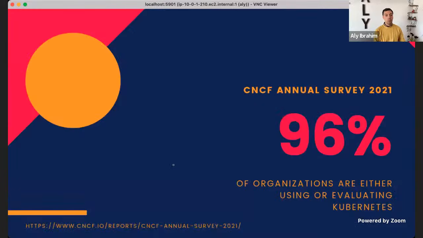The survey also shows that 96% of organizations are either using or evaluating Kubernetes. So if you're looking for a job, that's a very good place to be. Most of the companies are either working with or using it. And if you're a developer or even a sysadmin and you want to use Kubernetes better, I think it's a good time to improve the way that you're interacting with it.